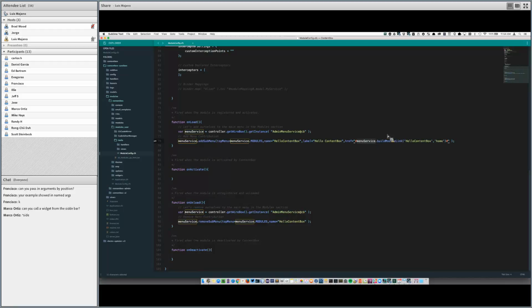Even my route, so you can have its own SES URL routes and its own interceptors, etc. And then you can see here that onLoad, so anytime the module is activated in the running application, I will get access to the admin menu service, and I will add a submenu called Hello ContentBox with a link to my module.